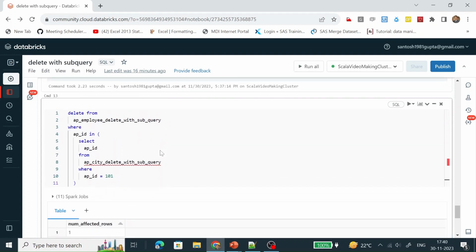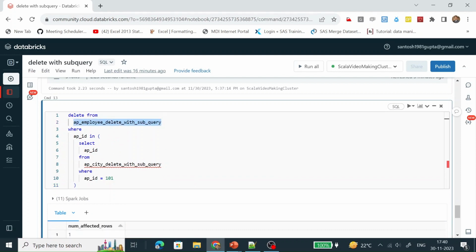So what records are deleted from this table? I am selecting APID based on this query and supplying the APID as an IN condition in the where clause of this statement, and it will delete the APID which is the result of this query from this table.